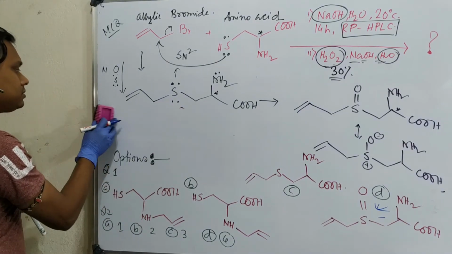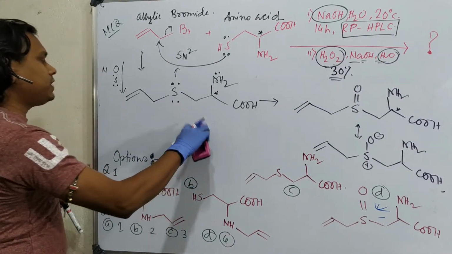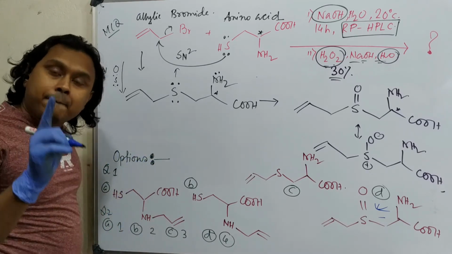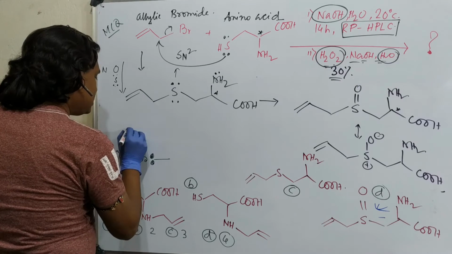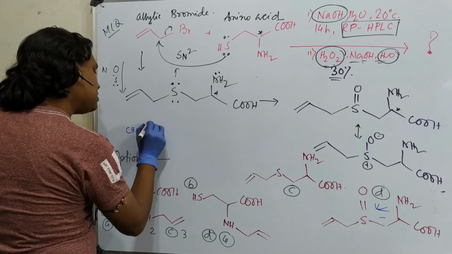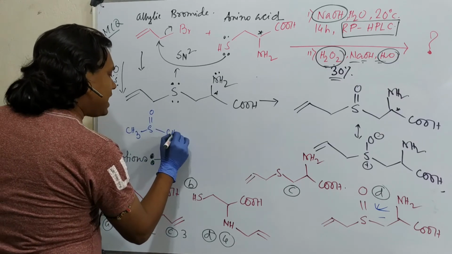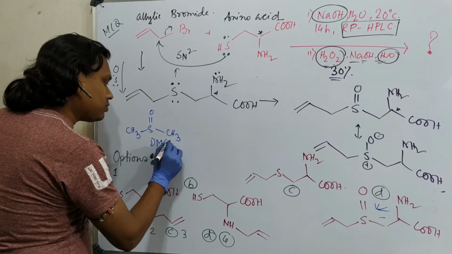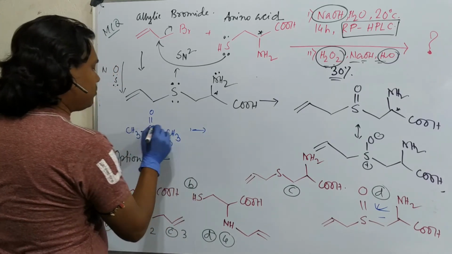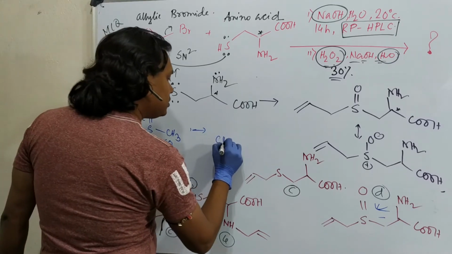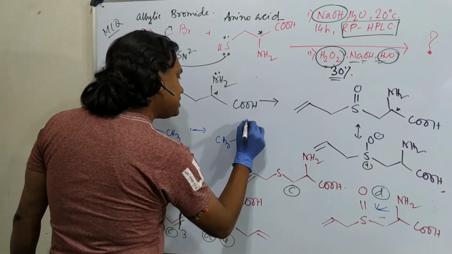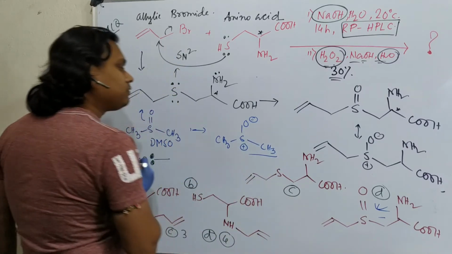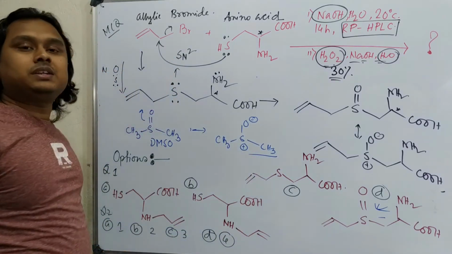What do I mean? DMSO is a very famous high boiling polar aprotic solvent. Okay, so this is dimethyl sulfoxide, DMSO. It has a canonical form, meaning this bond goes up. So this is CH3, S, O minus, plus, this is CH3. Fine. Because of this extreme polarity, its boiling point is high.